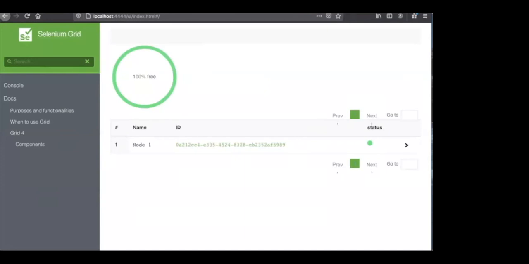There are a few minimal tests that we have running at the moment. Whenever we work on the grid UI, those all seem to be working. But we've had a few issues where people have asked us to look into and just make sure the UI is working, while our automated tests are working perfectly. So let's have a look. We have our little ring. This tells us how much of the server is currently being utilized. Since I'm not running any tests, it's 100% free. We have one node.